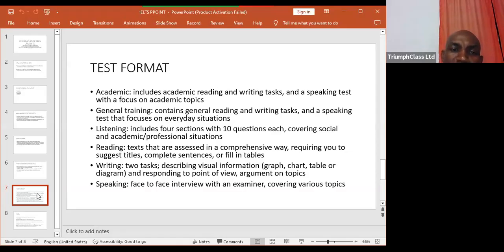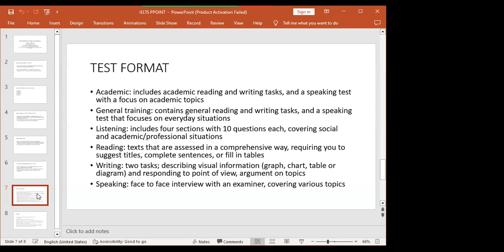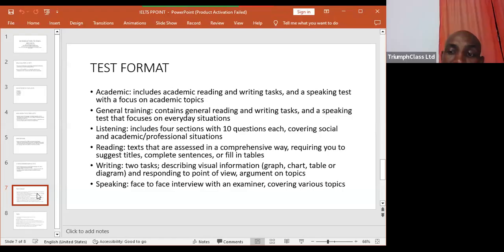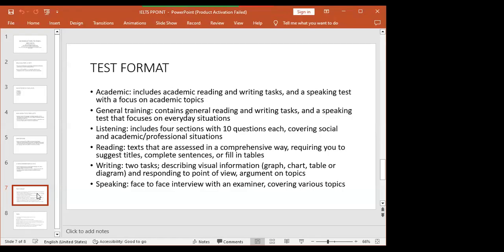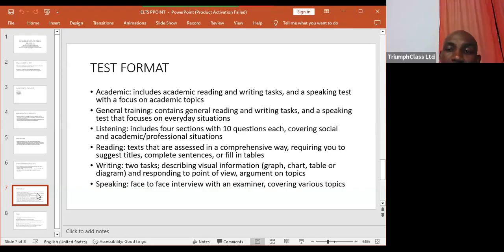It includes texts that are assessed in a comprehensive way, requiring you to suggest titles, sentences,